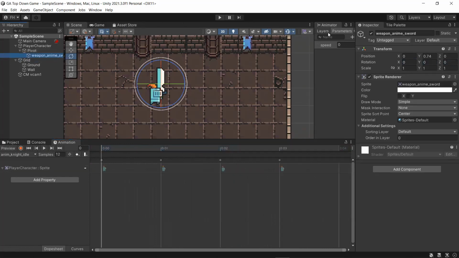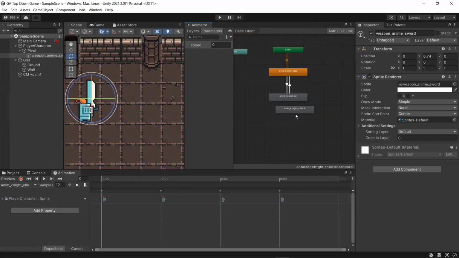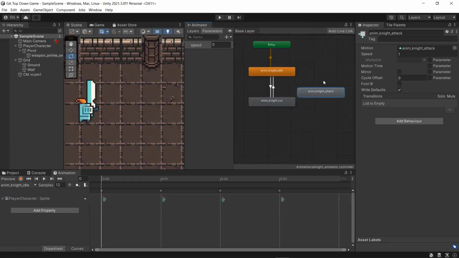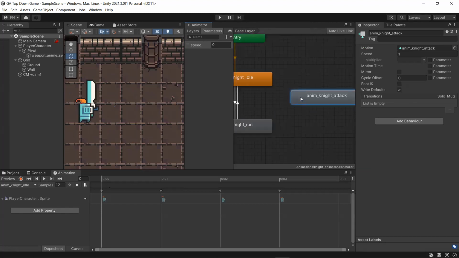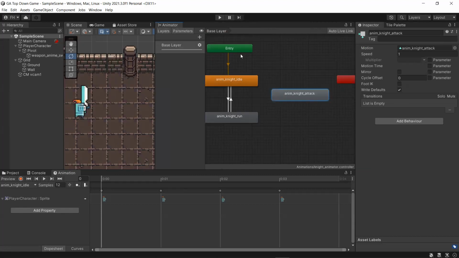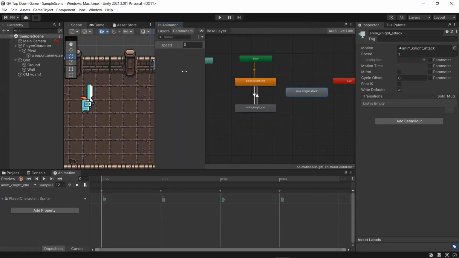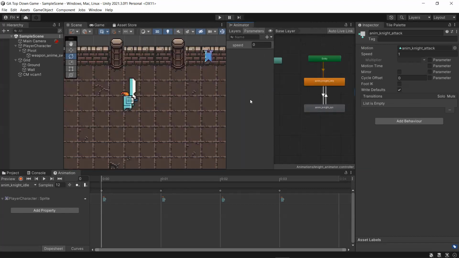So let's go back to our animator, and let's add this animation. Oh, you can see here, it automatically created the state when we created the clip. It automatically added the state to our animator. If we think a little bit about what we want to happen, we want the knight to be able to attack whether he's in the idle state or in the run state. So regardless of the states that we're currently in, we want to be able to play this attack